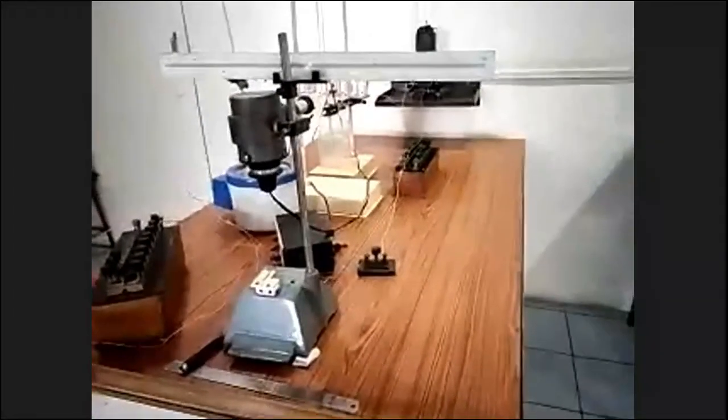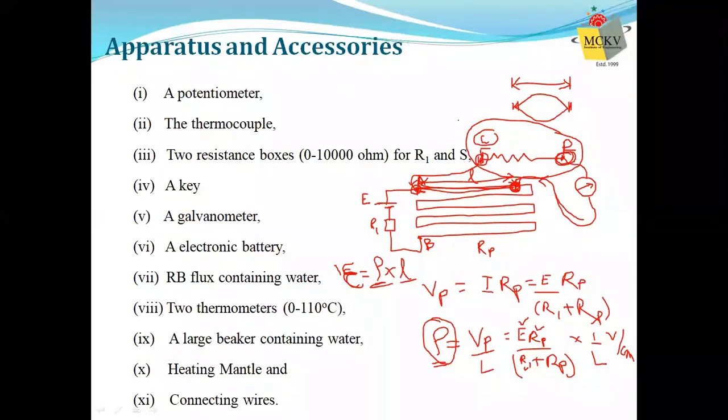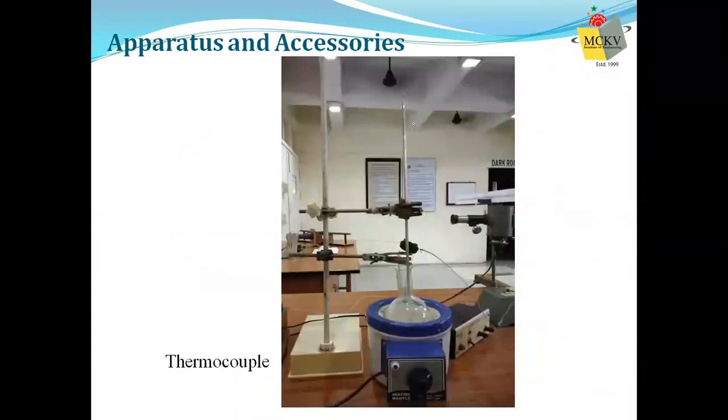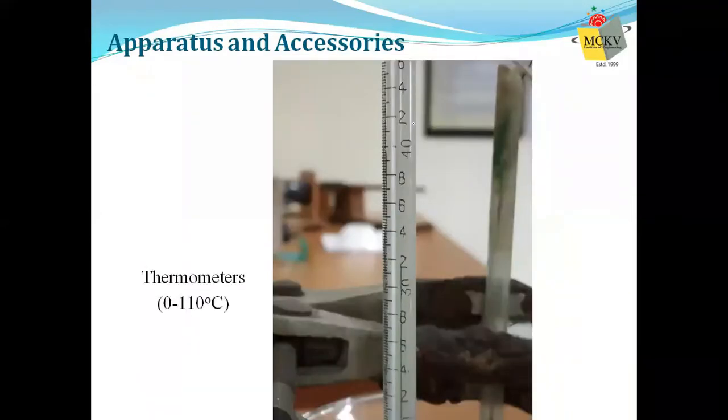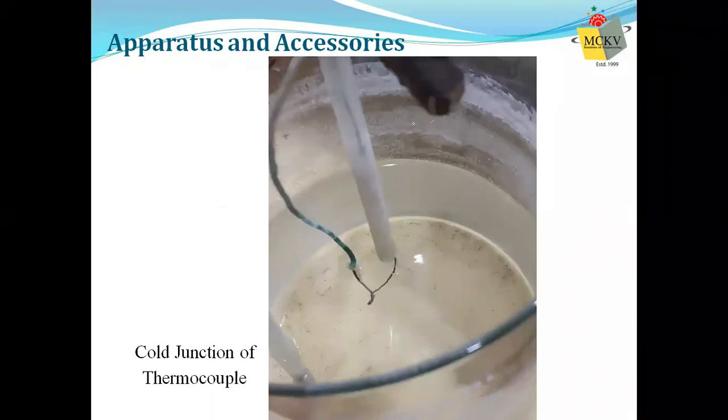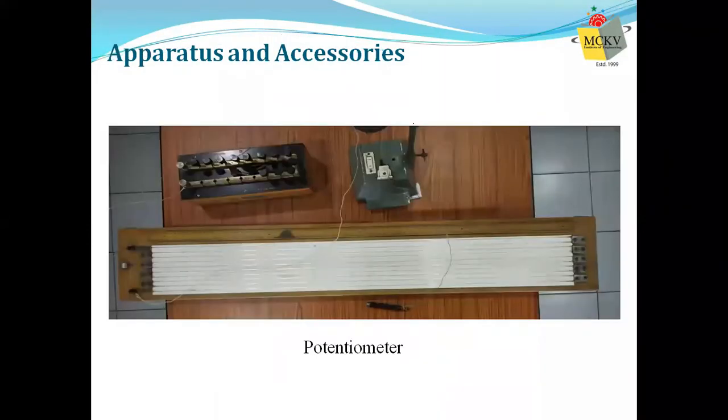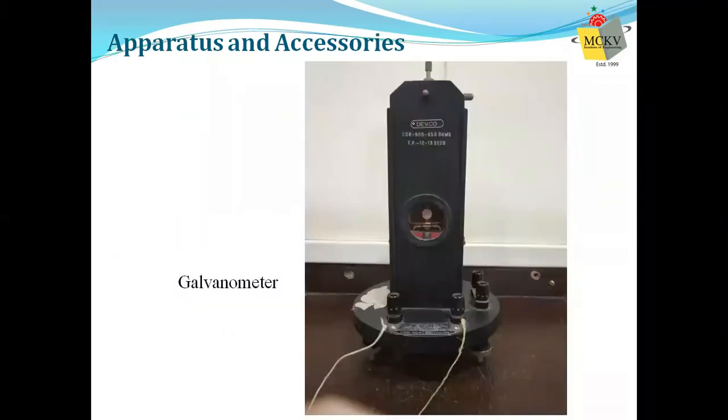Okay, now we will come back to our presentation. So you saw how to perform the experiment. These were the apparatus that you saw. This is the thermocouple, one in the hot junction. It is boiling water. These are the thermometers that we use to measure the temperature difference. This is the potentiometer that you saw, 10 wires. This is the ballistic galvanometer. This is the mirror on which light falls, and when current flows through it, it rotates, and since light is reflected from this mirror, the light also has a translational motion.